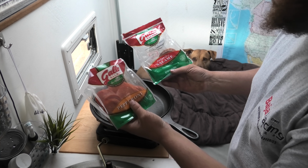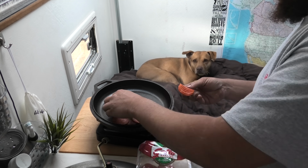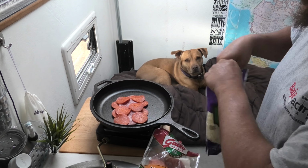Since it's kind of cold and gloomy outside, I figured I'd cook inside for the first time, actually. I'm gonna do a little bit different version of a pizzarito. You'll see what I mean. Pepperoni and salami, the gallo, the good stuff. Then we'll take some mozzarella cheese,